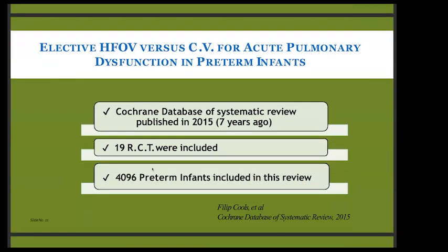There were 19 randomized controlled trials included, and more than 4,000 preterm infants included in this